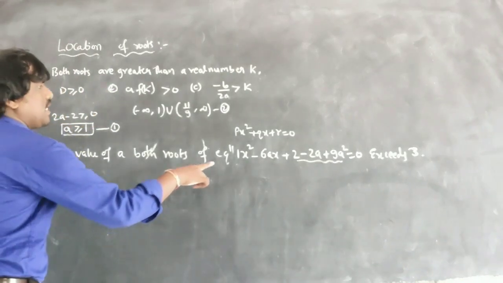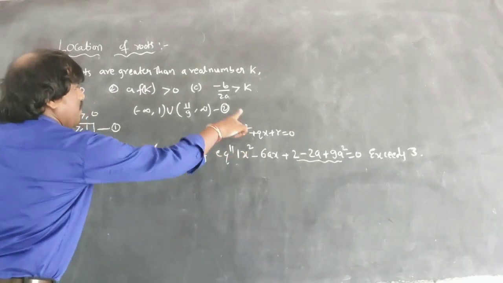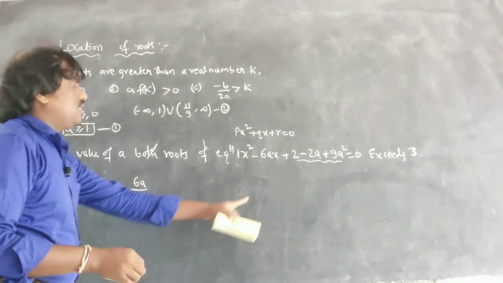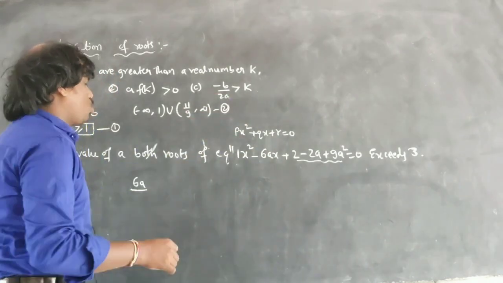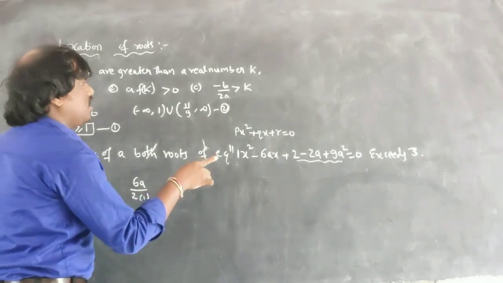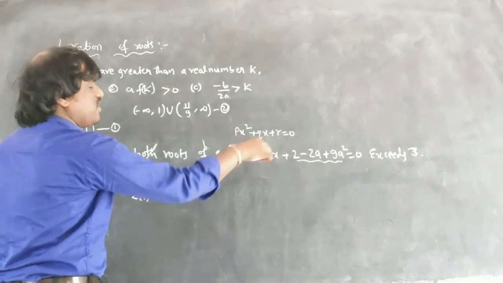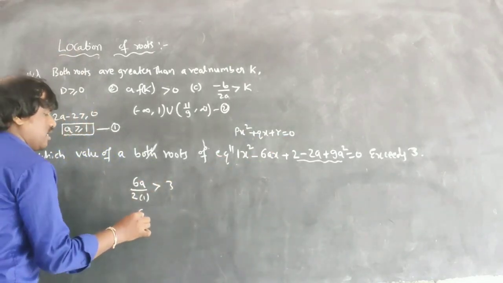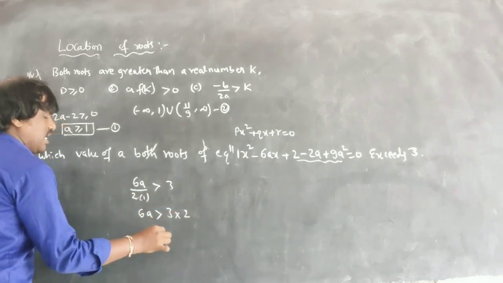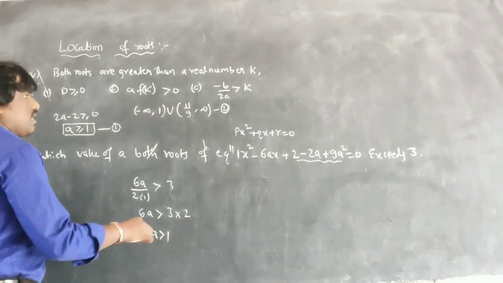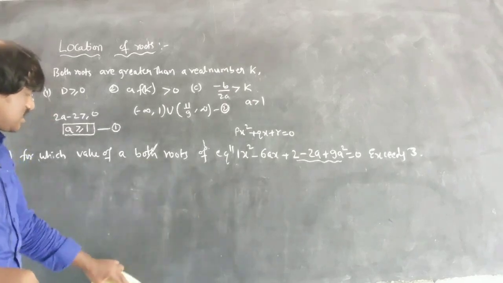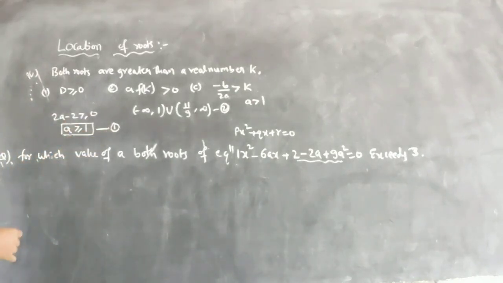So now C is what? Minus b by a. Minus b by a means this is minus 6, minus into minus plus, that is 6a, that is minus b by 2a, 2 into a, what is a here? A is 1. Okay, that will be greater than a fixed number, 3. So what am I going to get here? 6a greater than 3 into 2, so I am getting a greater than 1. So from here I am getting case number 3, a greater than 1. So I got the 3 cases. Just intersect these 3 cases. That is your final answer.